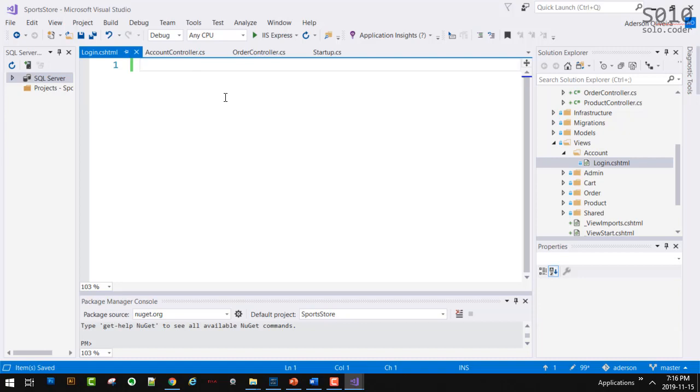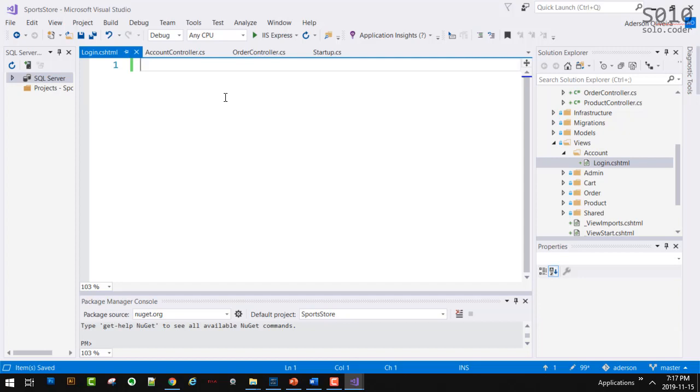Okay, so let's think for a second here. Let's start this in a very, very simple way. What is the information that I'm going to be asking for in the login view? So the name and the password, is that fair? The name and password? Okay. Now, I'm going to be asking for that.